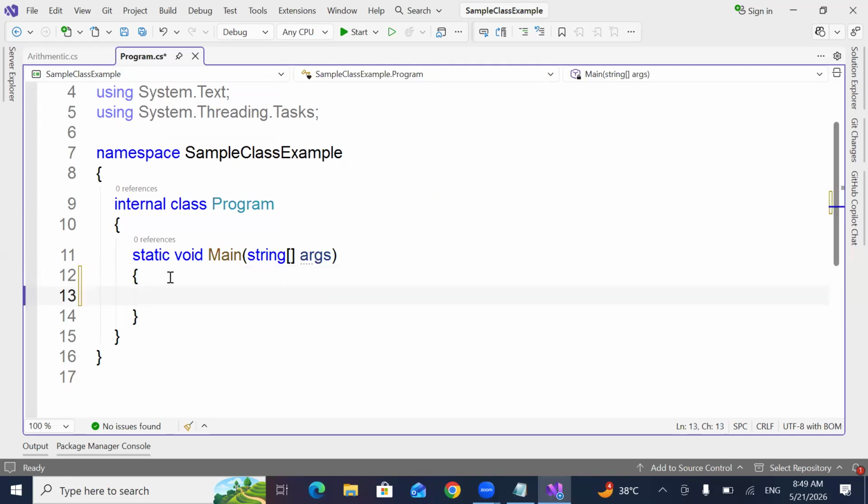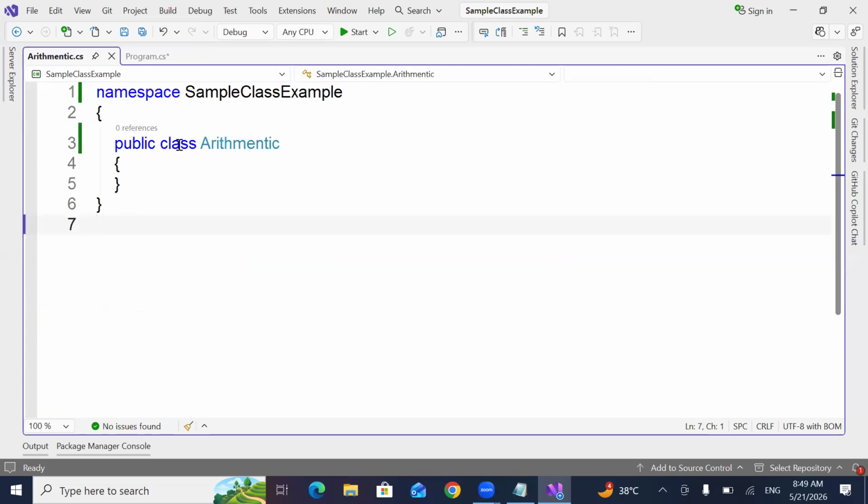Simply come here. I say arithmetic equal to new of arithmetic. Is it possible? Can I create an object for the class? Say yes or no. Did I add anything in this class? No, sir.